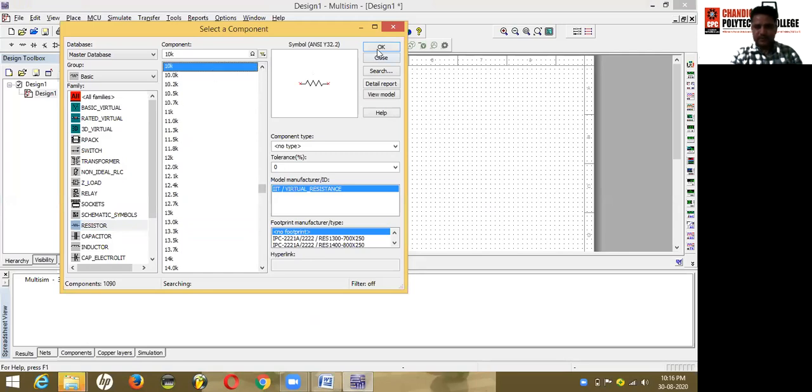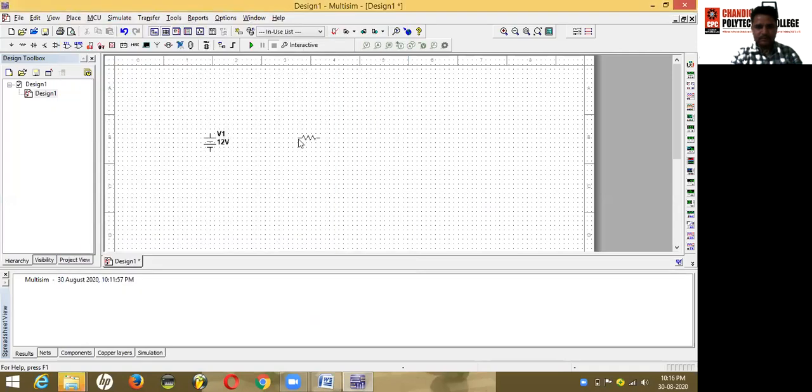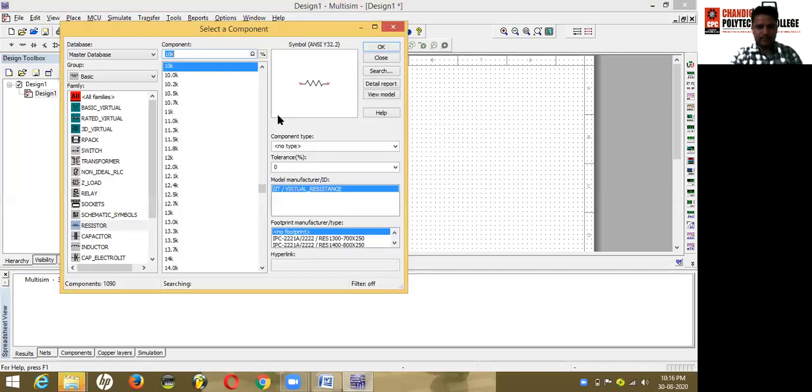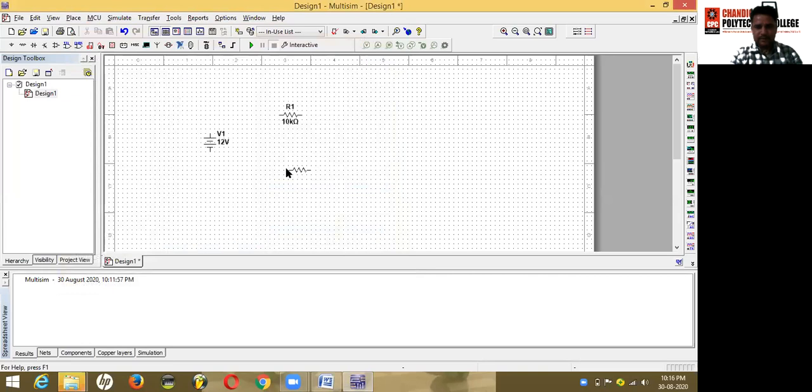A resistor of 10 kilo ohm we have selected here. And the second is a resistor of 100 kilo ohm. Here is the 100 kilo ohm resistor. We have selected our second resistor.